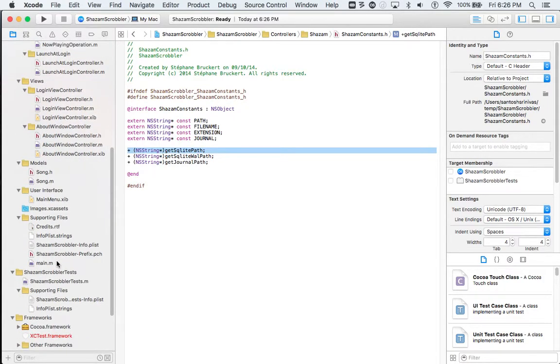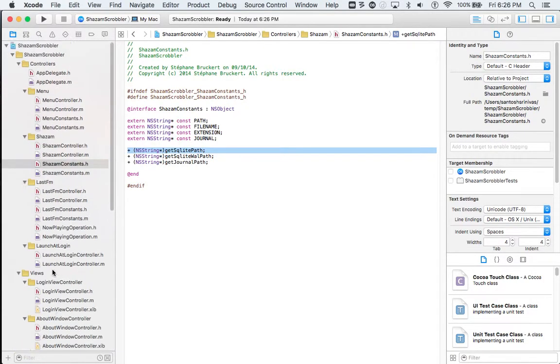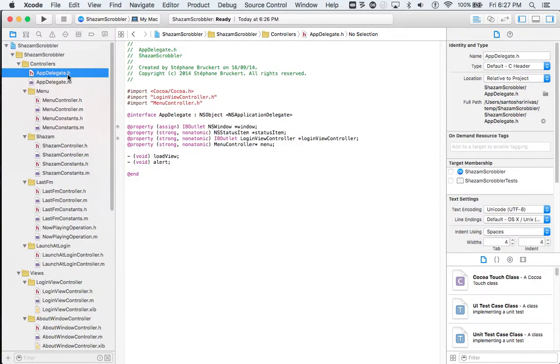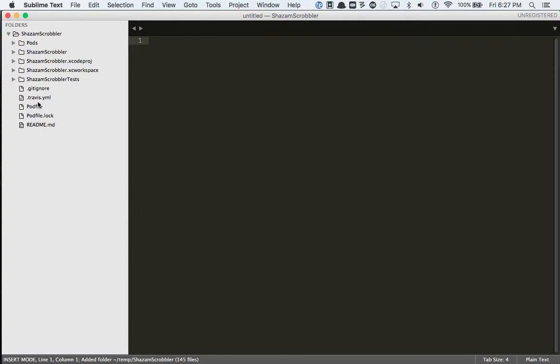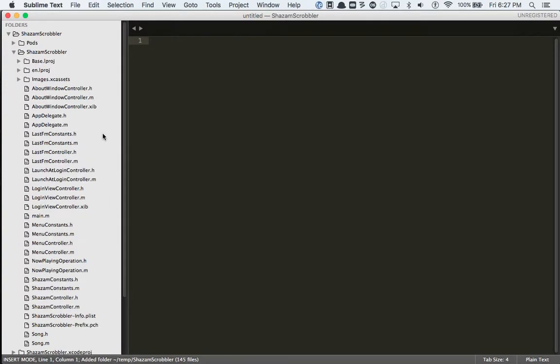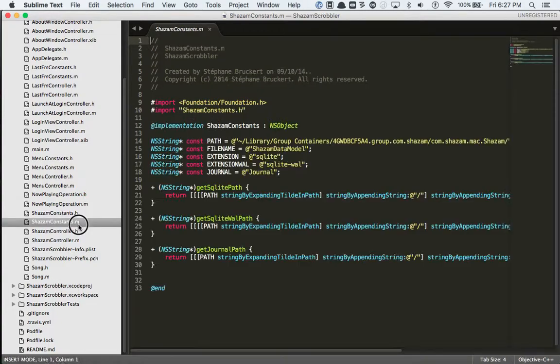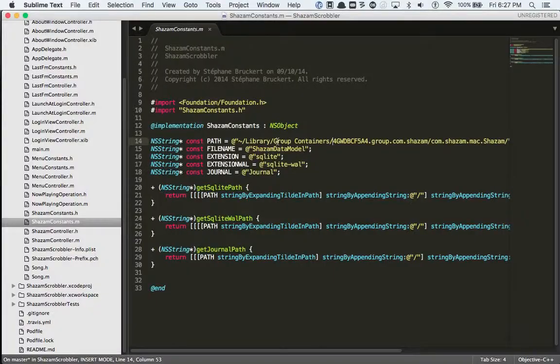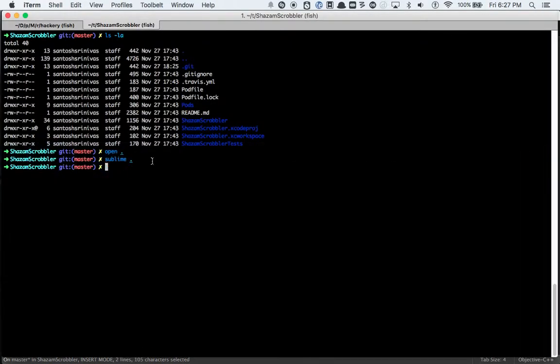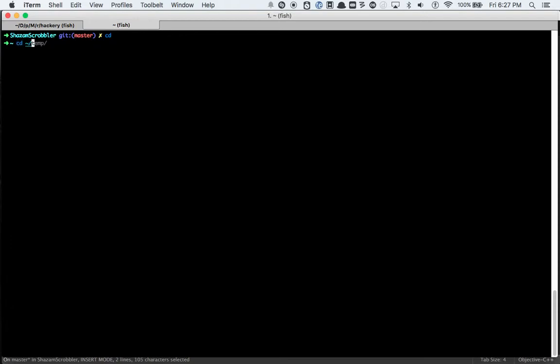And for that, I started looking around, and I'm not sure how I found it, but then I actually started using Sublime. I like Sublime. It's cool. So I went to the constants. I wanted to look at constants, and here you go. So you see this in Shazam constants, I could find the path. This is basically telling me that the path for the SQLite database is somewhere in the library. So here you go, cd $/library, and then